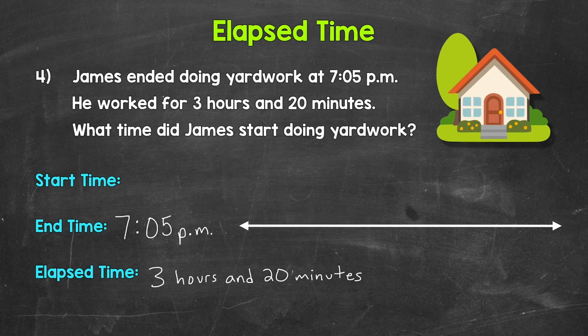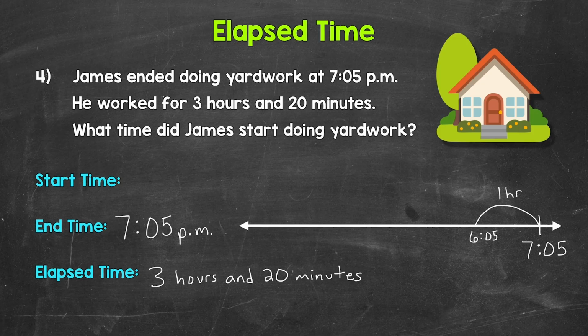Remember, the end time goes on the right side of our number line. Again, the end time here is 7:05 p.m. Now we need to work backwards from that end time to find the start time. We're going to start by making 1 hour jumps, and then we will go through the minutes. So we'll start by making a 1 hour jump back from 7:05. That brings us to